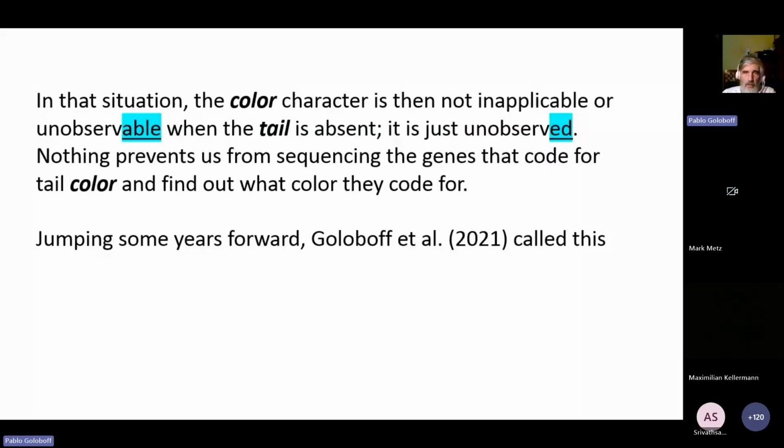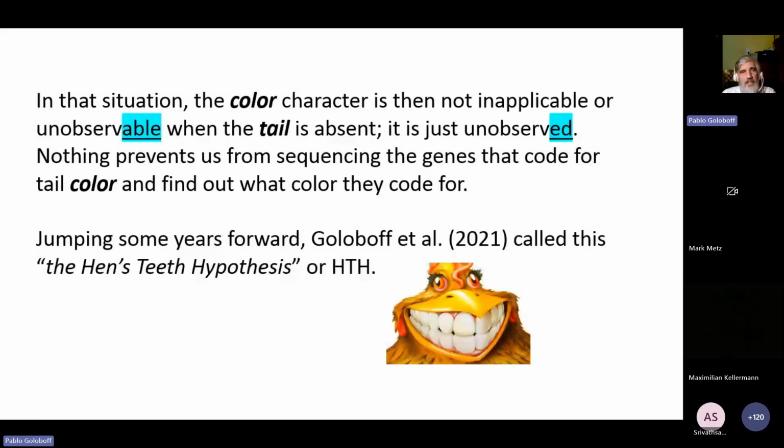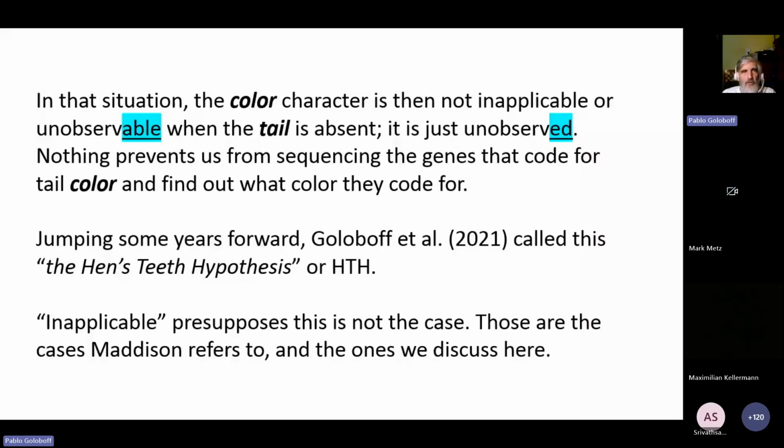Jumping some years forward, Goloboff et al. 2021 called this the hen's teeth hypothesis, or HTH, by reference to the fact that birds, even if they don't have teeth, seem to retain the genetic machinery needed for building teeth during development. So when you say that the character is inapplicable, you are presupposing or assuming that this is not the case, right? Because if you can think that the genes determining what happens with the parts continue being active and